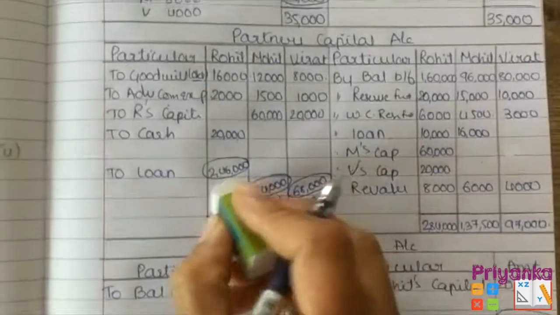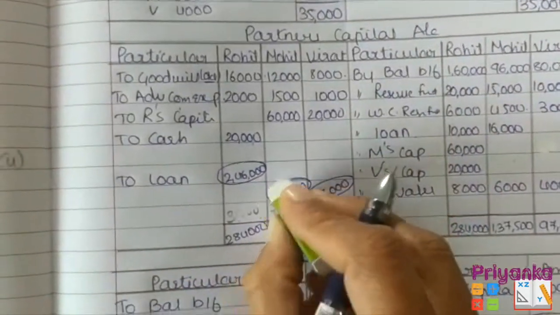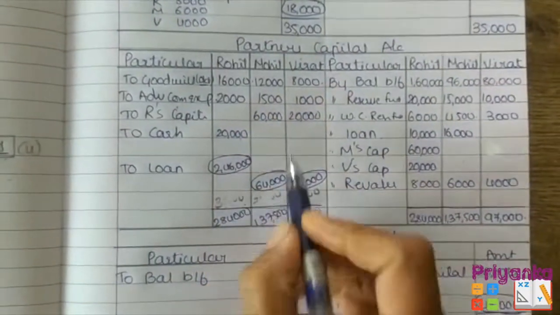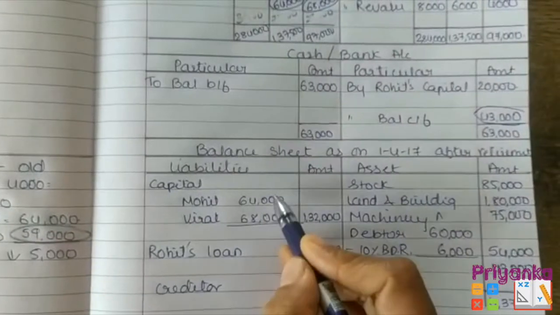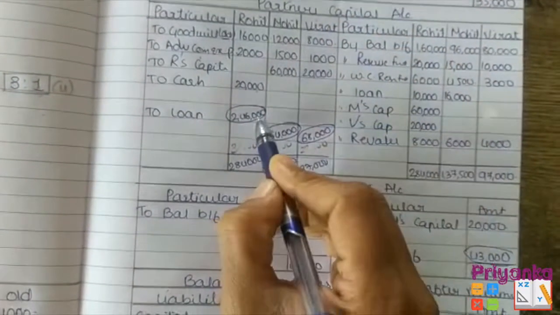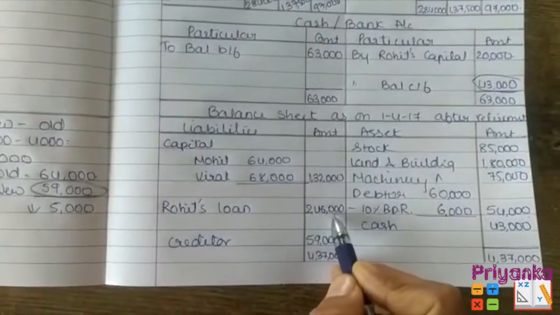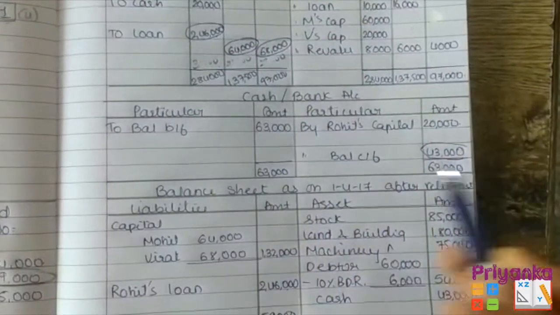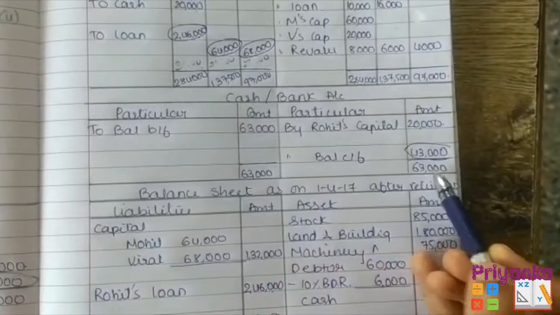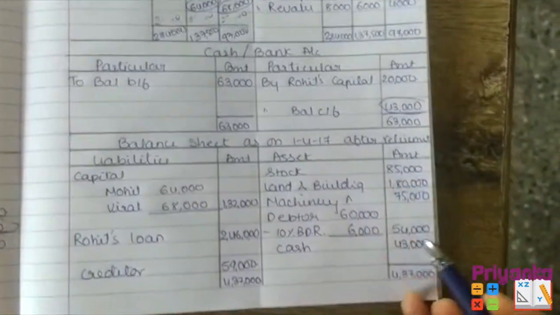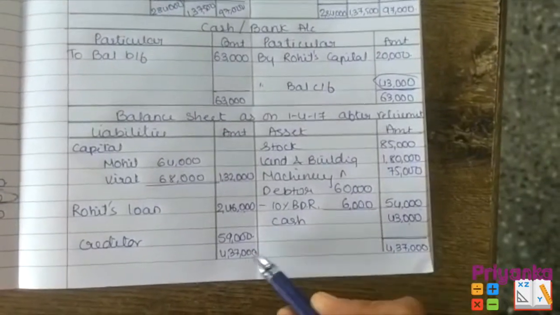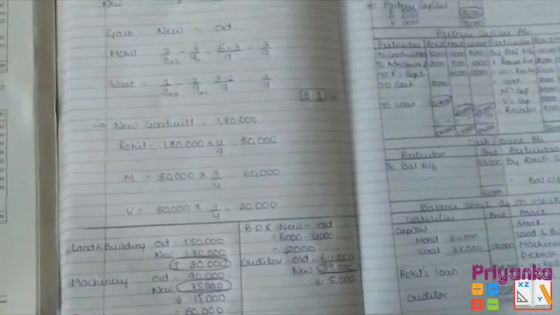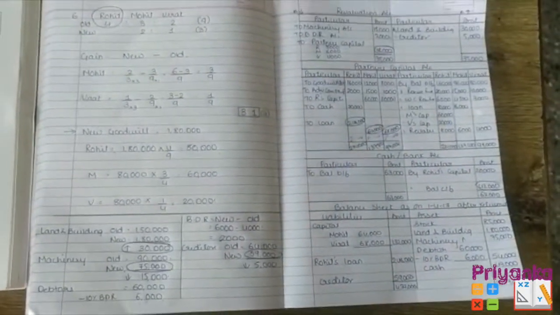Now that's what the total. After getting the total, please remove the number which I have made as a total of this side. Then this is the difference of Mohit and Virat will be moved as in capital, and the difference of Rohit, that is 2,46,000, will be shown as a 2,46,000 loan of Rohit. Then I made the total of cash side and I found 63,000 comparatively more, and the closing is 43,000, which will be moved to the asset side, and at the end the amount will tally with the 4,37,000. Here is the calculation if you need to check your calculation.